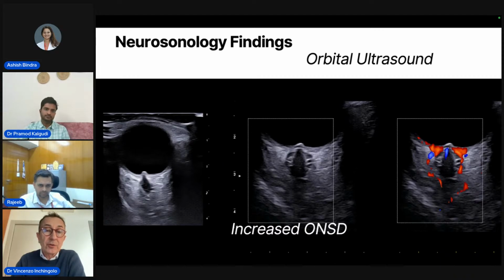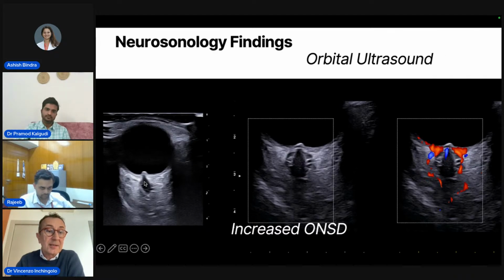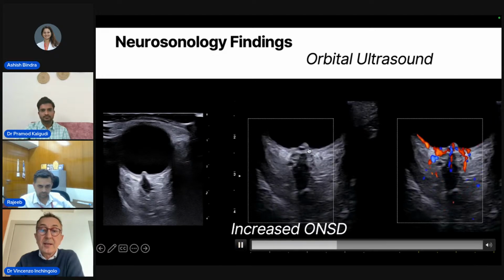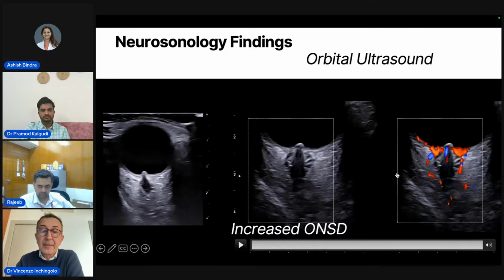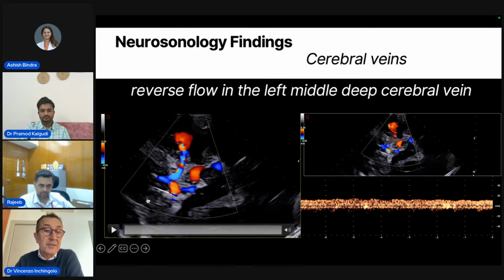These are the neurosonology findings. With the orbital ultrasound, we can see here the papilledema, the optic disc elevation. This is the increased optic nerve sheath diameter. And this is the cerebral veins, reverse flow in the left middle deep cerebral vein. You can see here,